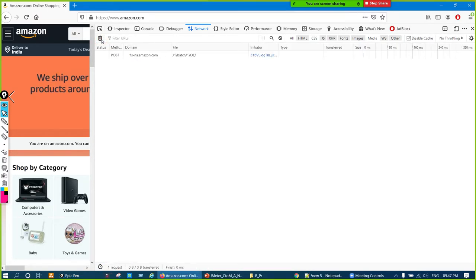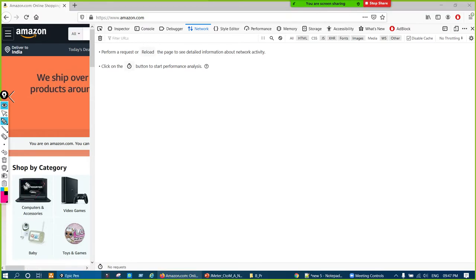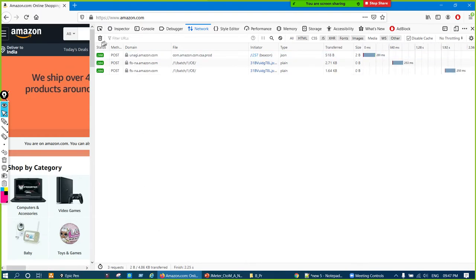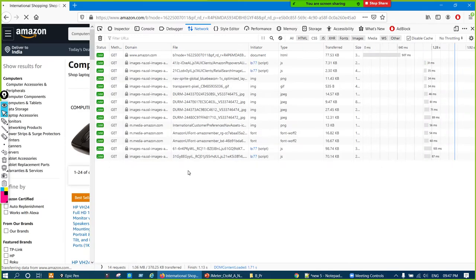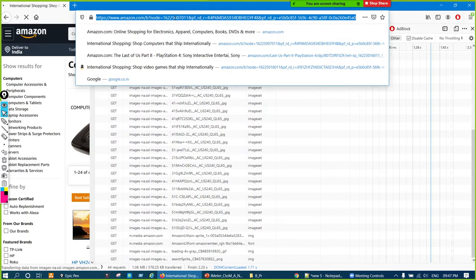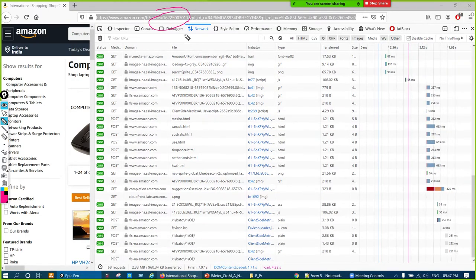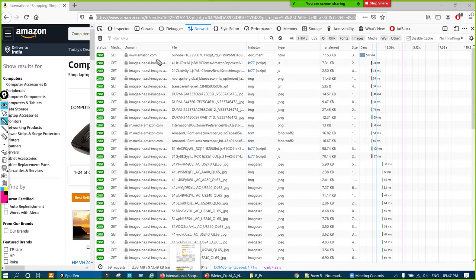So let me delete that, and we'll click on this computers, right? If I click over here, right? Just a second. First let me delete. So again some request went. This is the request, right, from my end, and that request is in the form of HTTP HTML, right?